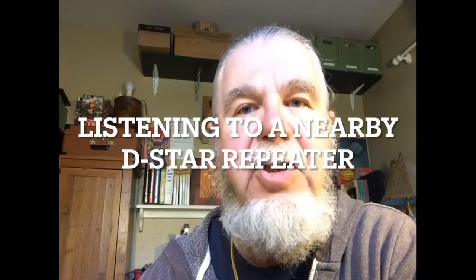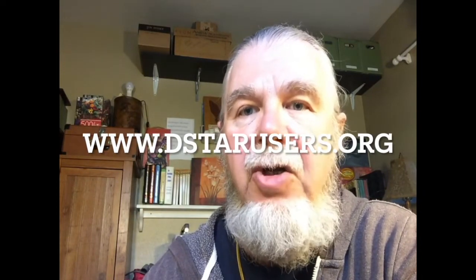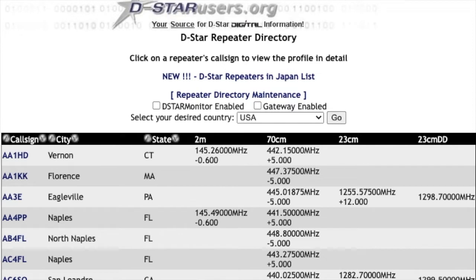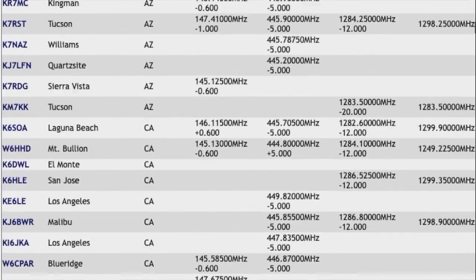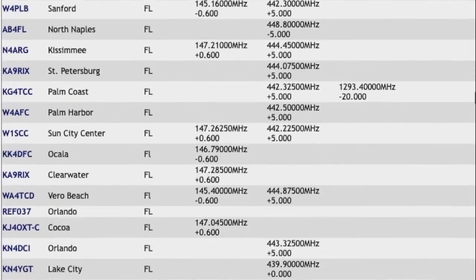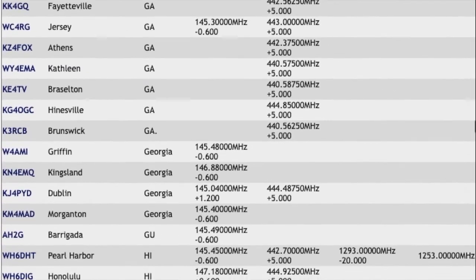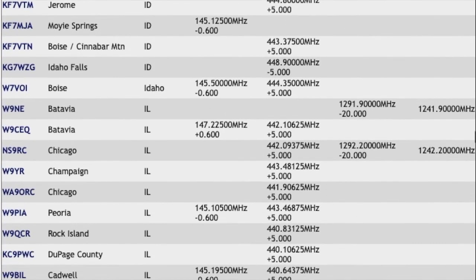Listening to a nearby D-Star repeater. If you tire of scanning empty airwaves, try tuning to a local D-Star repeater. A good place to locate a nearby D-Star internet-capable gateway repeater station is dstarusers.org. Open a browser window. Select USA using the drop-down list of countries. Tap the up arrow to sort the table by state. Scroll down to your state, tap the repeater's call sign to view the details, and make a note of the frequency information. For Boise, the nearest D-Star repeater is